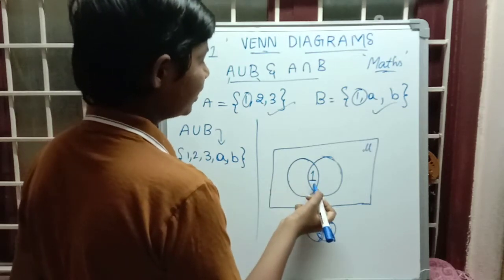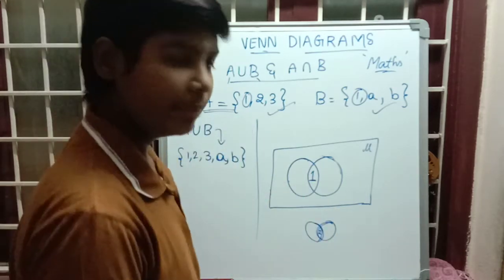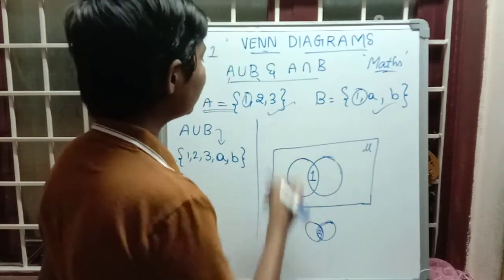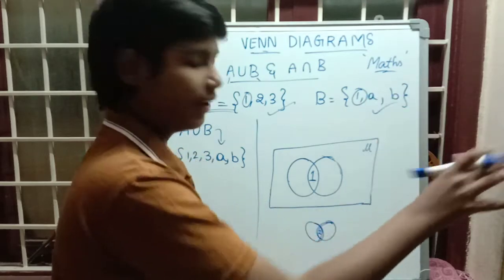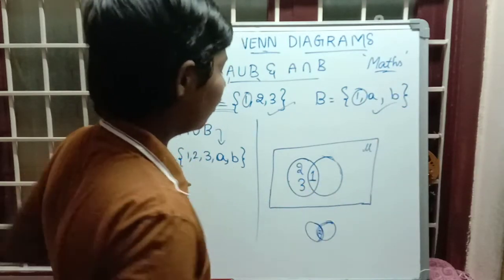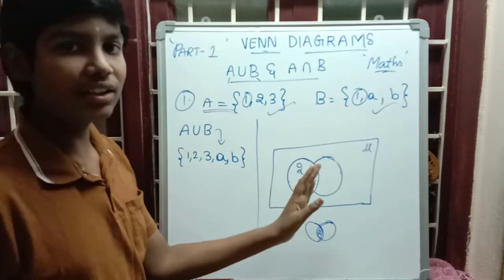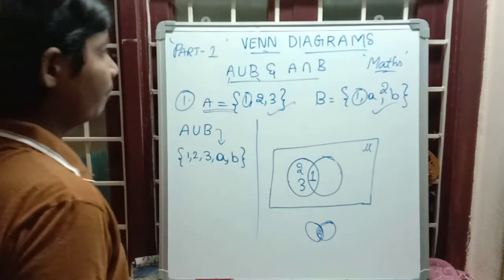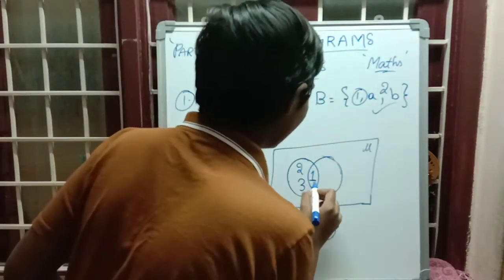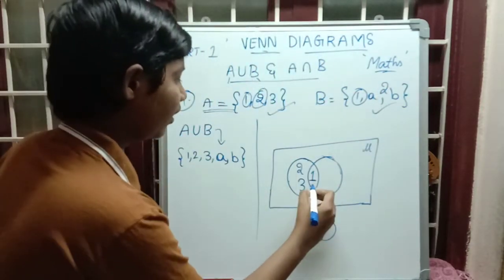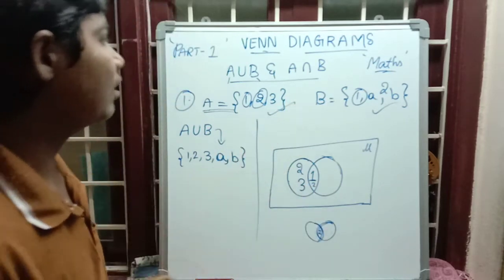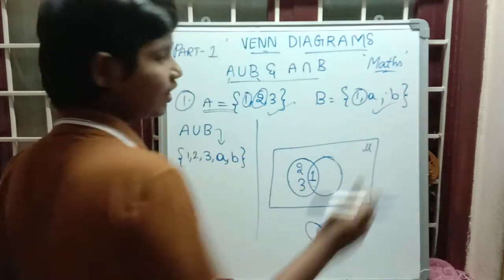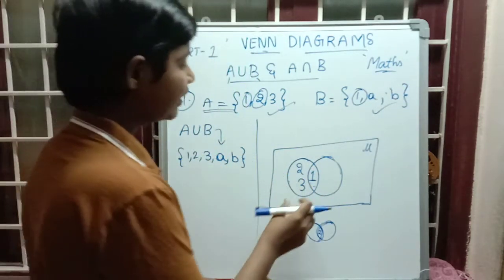First we will write the set A elements. 1 we take as it is common in both. Remaining are 2, 3. Here 2, 3 are not repeated, so 2, 3 we will write. For example, not in this question, if 2 is there in A, comma, 2 in B, here 2 is there, here 2 is there, so we will write 2 in the middle again. But in this question we have not taken 2, so no need. In another example we will see that. 1, 2, 3, this is set A completed.